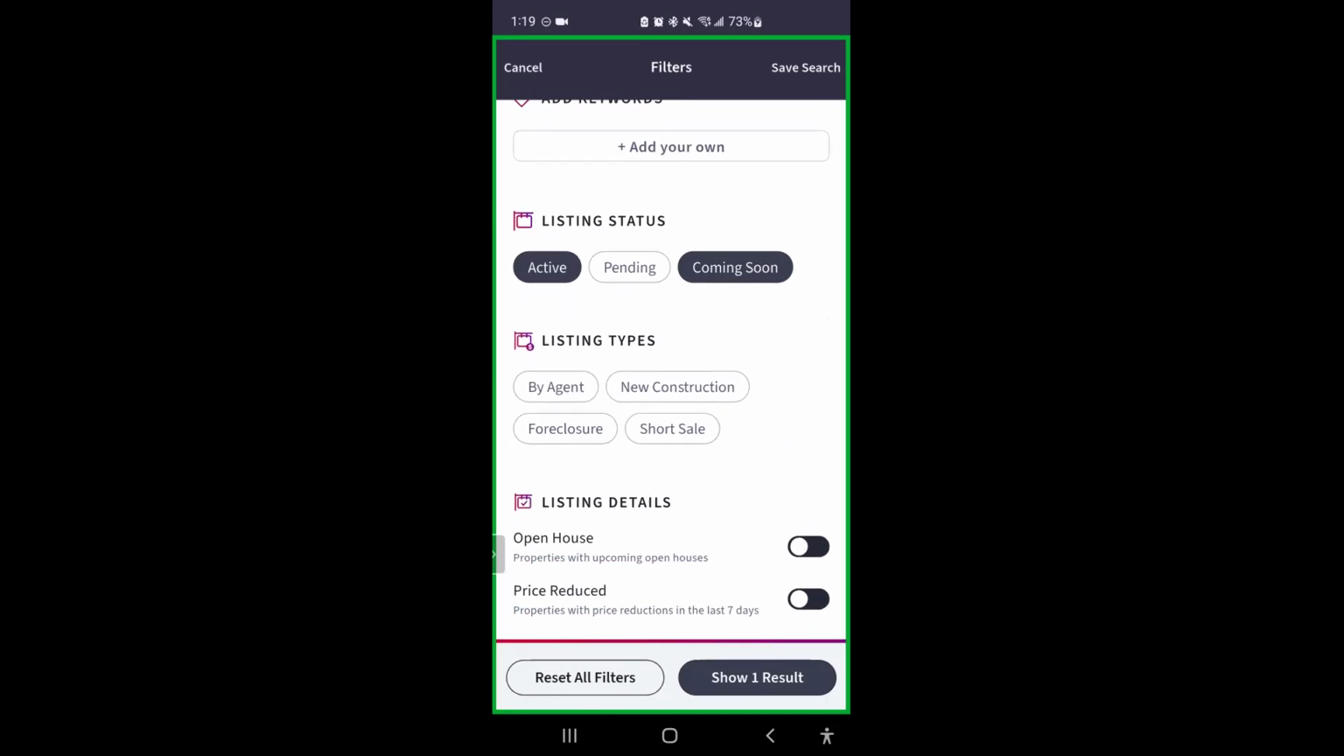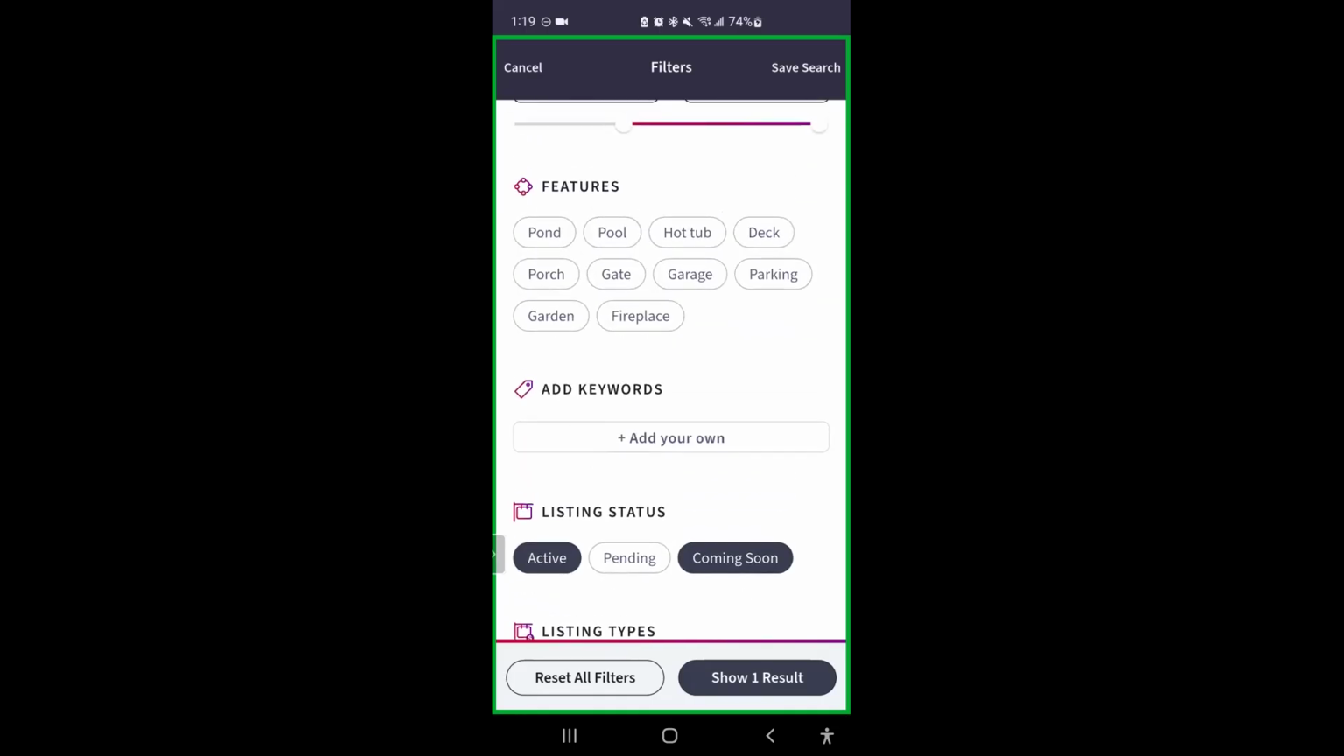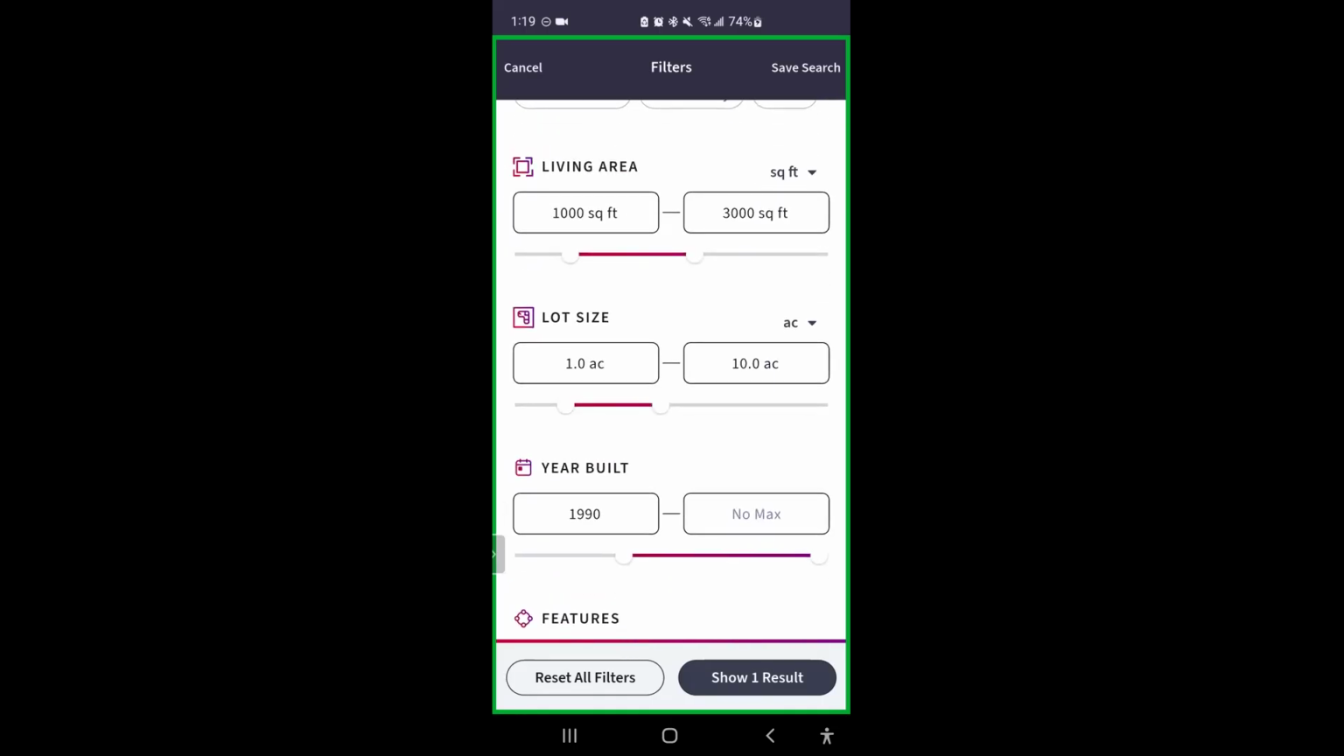You can go down listing types by agent, new construction, foreclosure, short sale, listing details, so it can show only properties with upcoming open houses or with price reductions in the last 7 days. I'm going to leave those. I'm just going to click on show one result. Now we could go in, let's see here. Let's go in, let's drag our